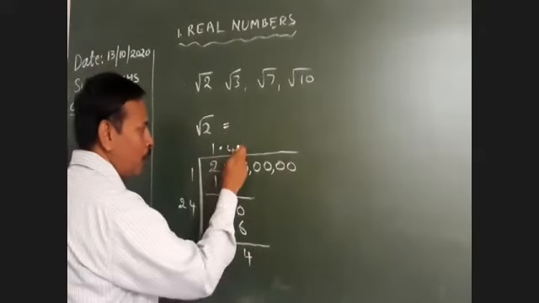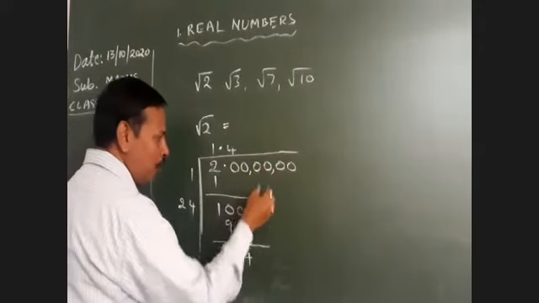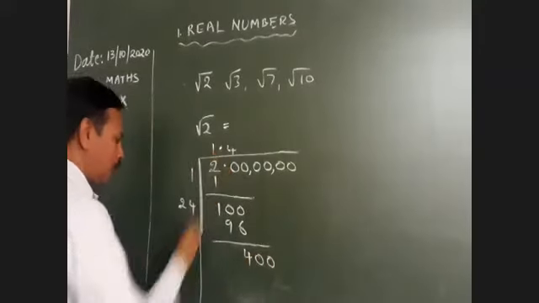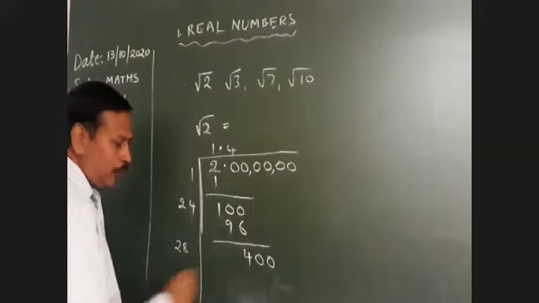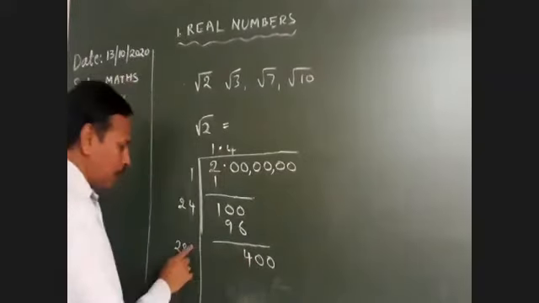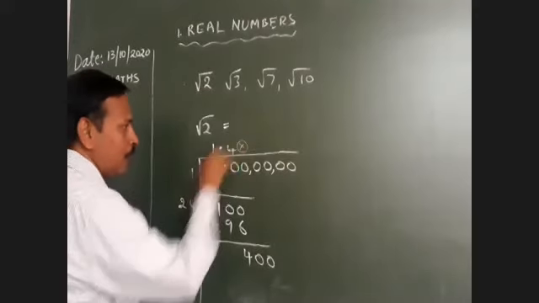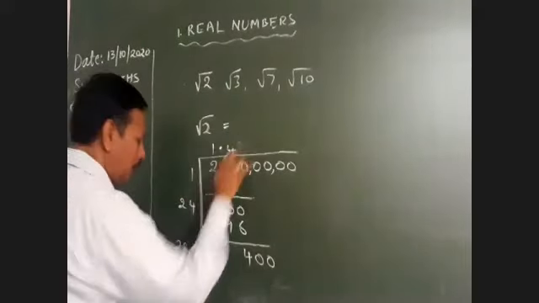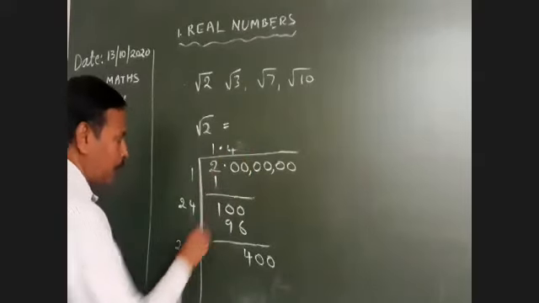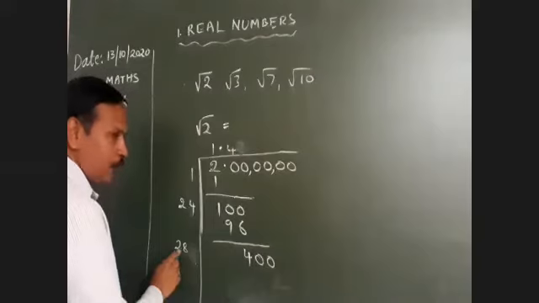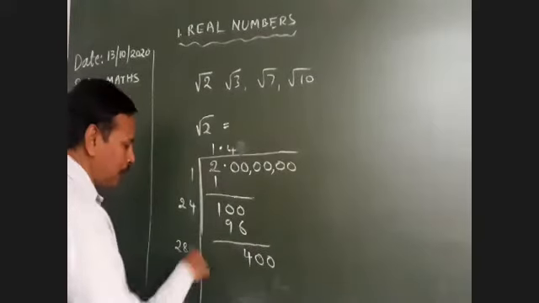Again you want one more decimal digit, so bring down 2 zeros. Now again double the number: 14 twos are 28. Here 400 is there, with 28. One more digit you have to keep, and whatever digit you keep here, you keep the same digit here. That is the method. Suppose 1: 281 times 1 is 281. Suppose we check 2: 2 twos are 4, 2 eights are 16, plus 1 is 5. In 4, 5 will not go.